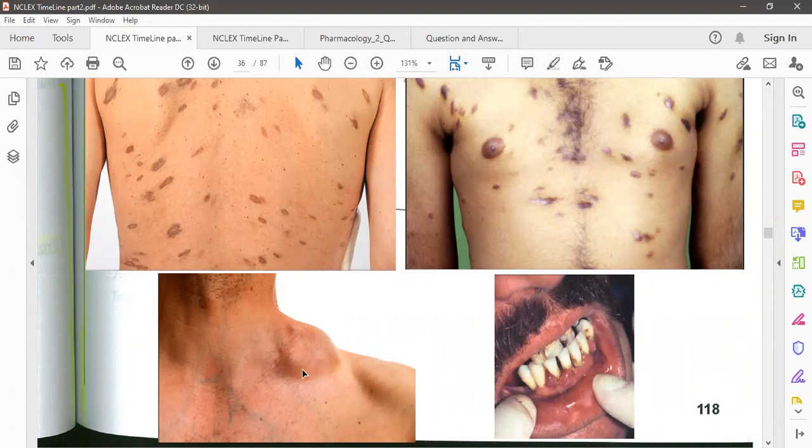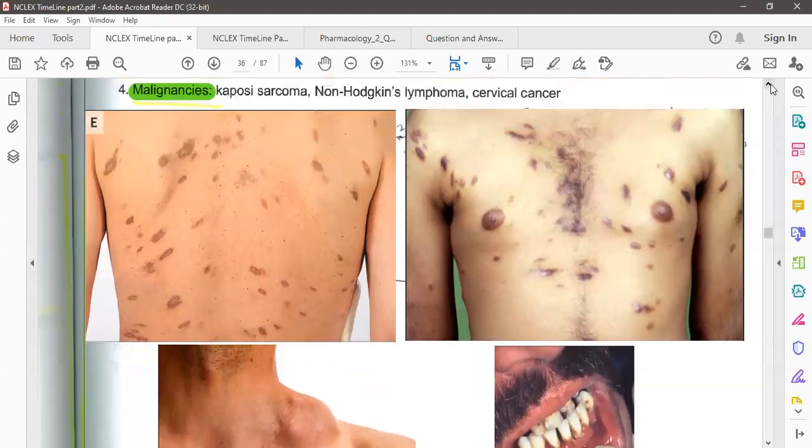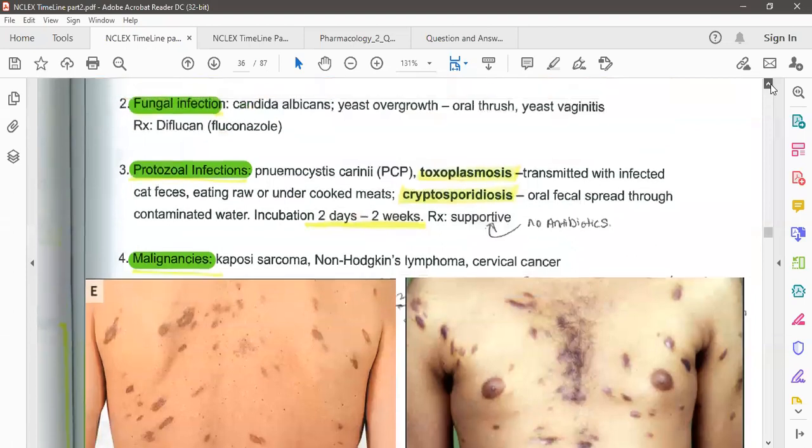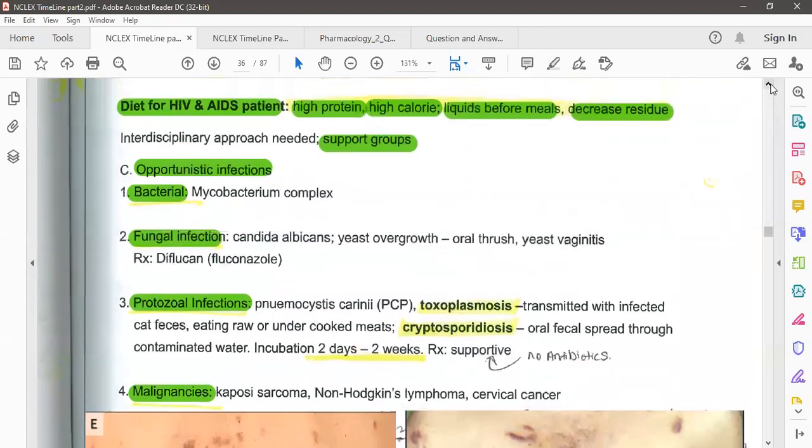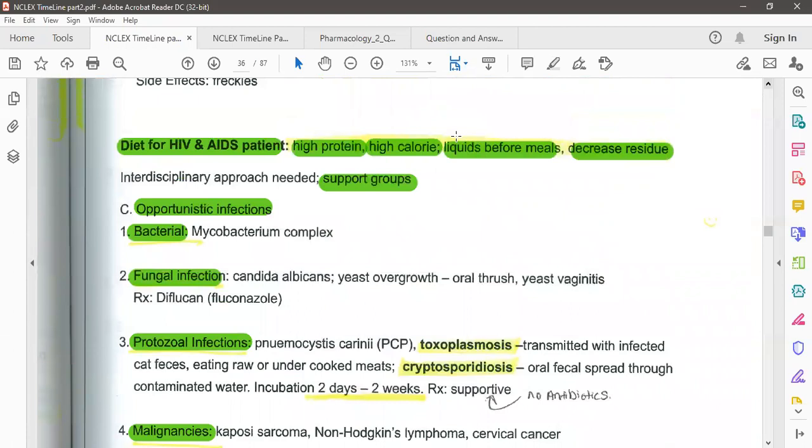And non-Hodgkin lymphoma, the incidence of non-Hodgkin lymphoma is 60 times higher in individuals with HIV infection. Before I finish, I want to recap one point what NCLEX board frequently asks